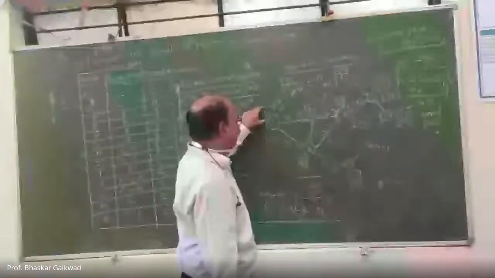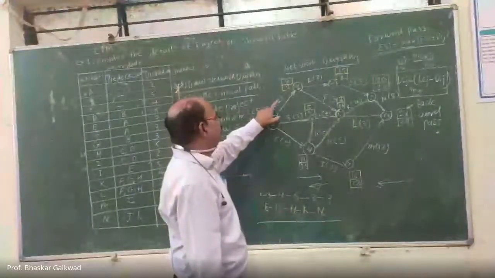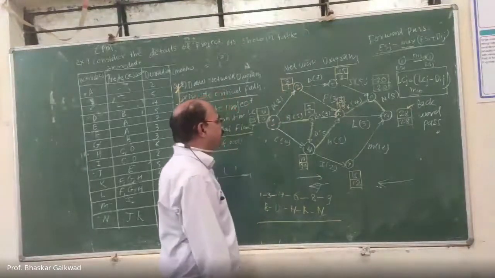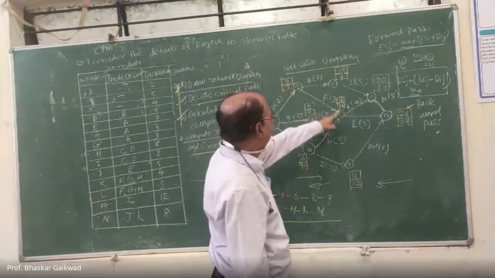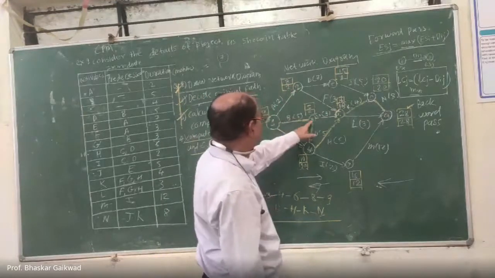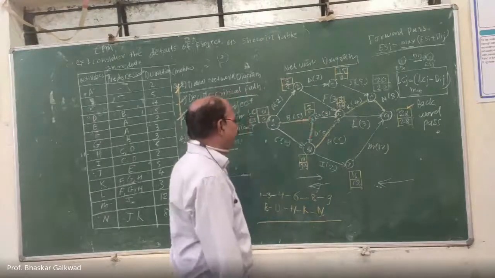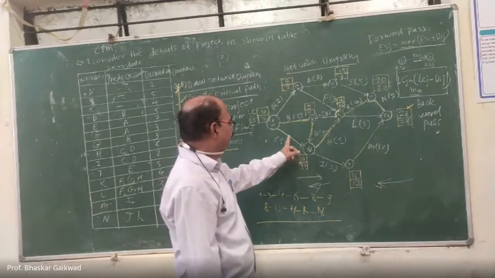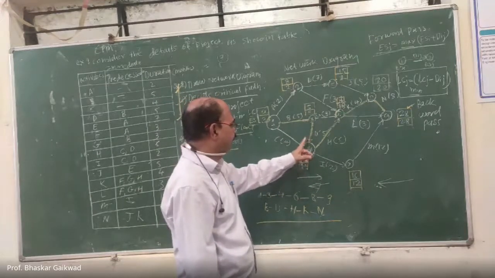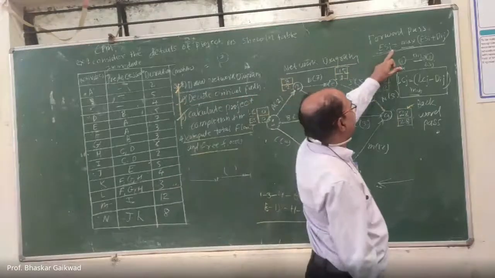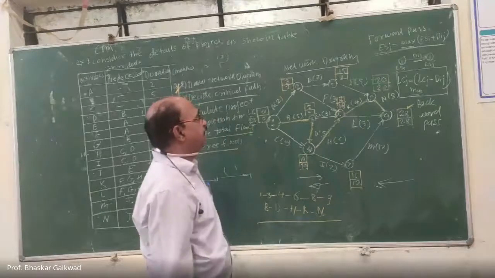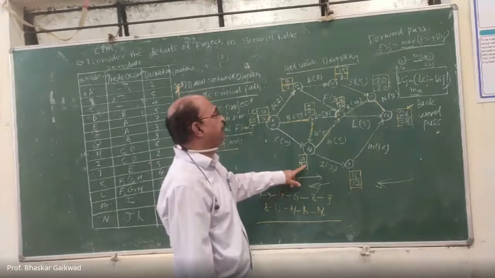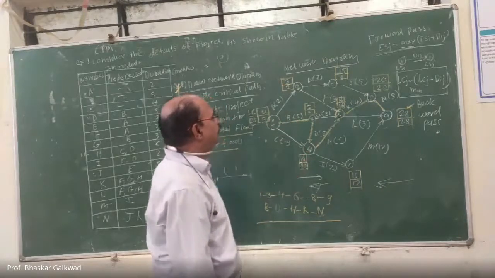After that, we went through the calculation of the earliest start times. Initially here it is 0, 0. Correct? This plus this activity, here it is 2. So 0 plus 2, 2 will be there. After that, 2 to 3. So here 0 plus 5, here it is 5. After that, come to C. Here 2 activities are coming. Out of this, you have to find the maximum. The earliest start time of the previous activity, that is 0, this 5 plus this 5, this is 10. Correct?